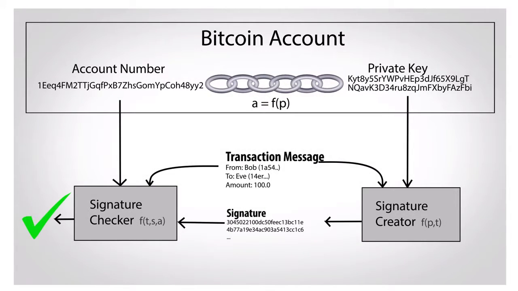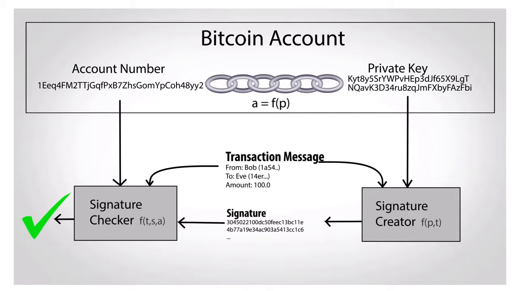So, how does a person verify that the transaction message received by him or her is authentic or not? Now, Bitcoin system has created a complex method to overcome this problem. Now, every member on the system gets a private key and an account number. Every time a transaction takes place, a signature is generated with the help of the private key and a transaction message. And when you receive the transaction message and the signature, you can verify the signature with the help of the transaction message and the account number mentioned in it.